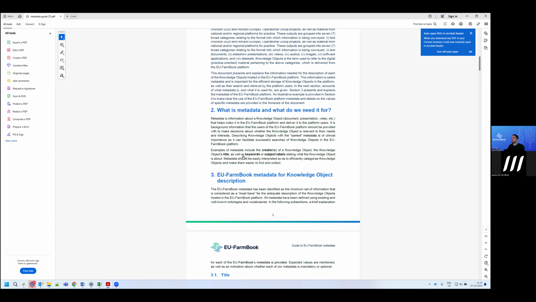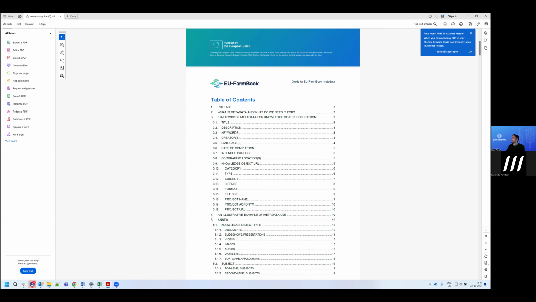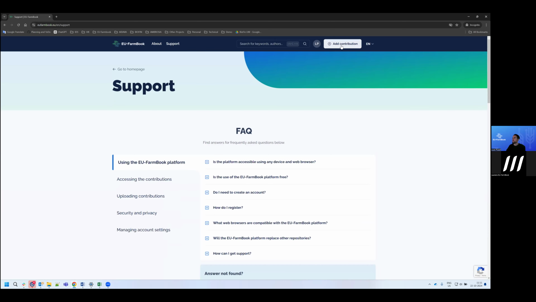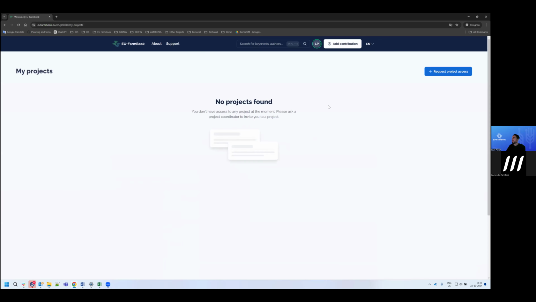So once you've familiarized yourself with the metadata guide, and you have a knowledge object, like I said, a PDF or a video that you want to contribute, then you can go to the upload form. The upload form you can get to either by going to add contribution in the top right hand corner, or by going back into your projects and